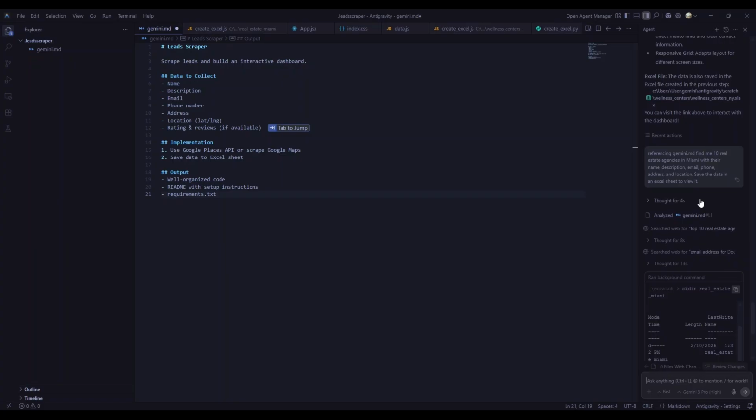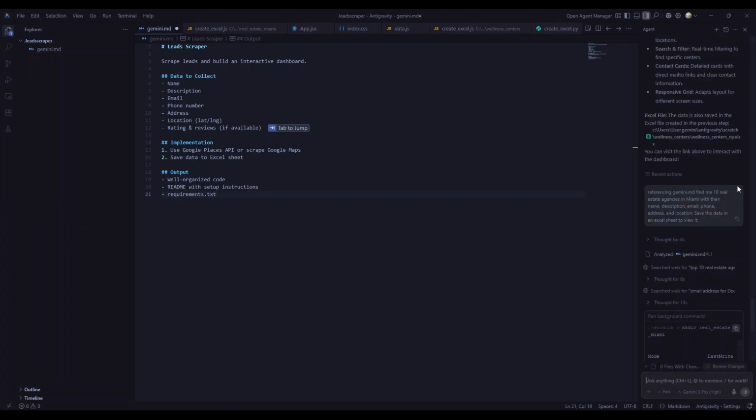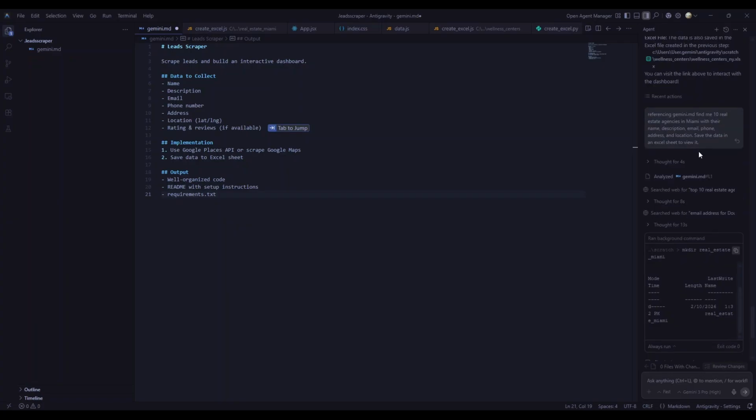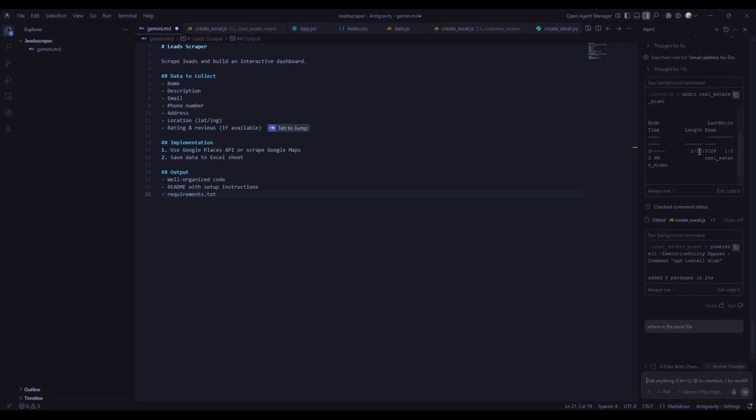and added the real estate agencies to an Excel sheet for us to preview. All we did was instruct Antigravity to find me 10 real estate agencies in Miami and output the name, description, email, phone number, address, and the location, and then add the results into an Excel sheet. And then it automatically did that. Here I asked it where is the Excel file, and then it automatically opened the file in Excel for me to preview the leads